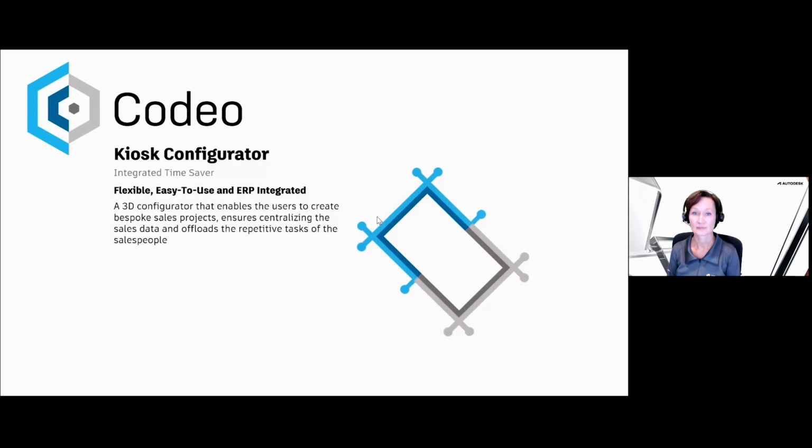The kiosk configurator enables the salespeople to build custom projects, and it pushes the project output to the ERP system automatically. This automation cuts the repetitive tasks in the sales department. Before the automation, there were Excel spreadsheets with no integration, and this means a lot of manual work to do. You can guess that the manual work always comes with some human errors, which are really painful at the later stage. The kiosk configurator is a game changer at that point.